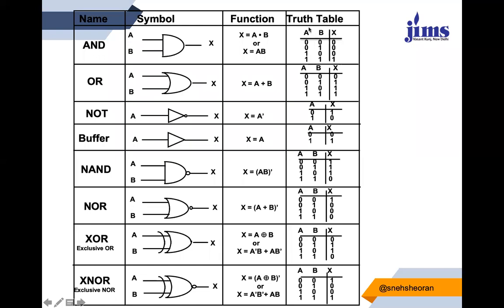A truth table is a table representing a combination of inputs. On the left hand side you have your inputs. There are two inputs, A and B, with all four possible combinations, and on the other side you have your outputs. So a truth table is a combination of inputs and outputs. There is a certain set of inputs, and every input combination is responsible for producing one particular output.